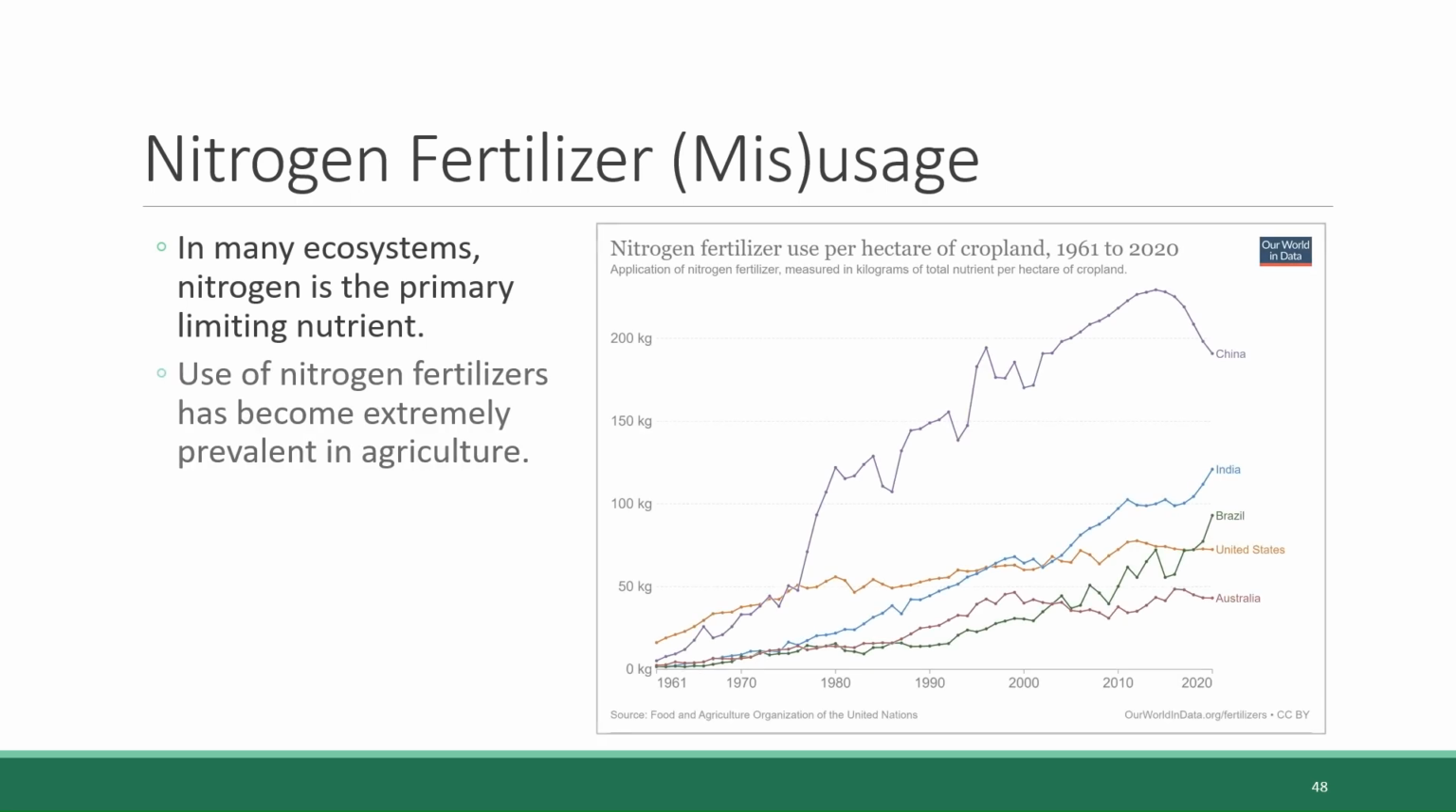Because of this, application of nitrogen fertilizers has become an extremely prevalent farming practice. And you can see here how the amount of nitrogen fertilizer used per hectare of cropland has increased substantially in many major agricultural regions across the globe over the past 60 years. Industrial nitrogen production accounts for half of all nitrogen fixed in the biosphere now. Humans are performing roughly as much nitrogen fixation as all of the bacteria in the world combined